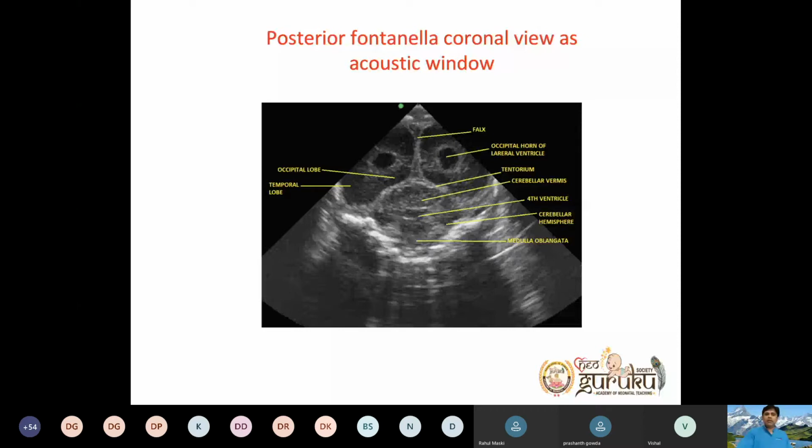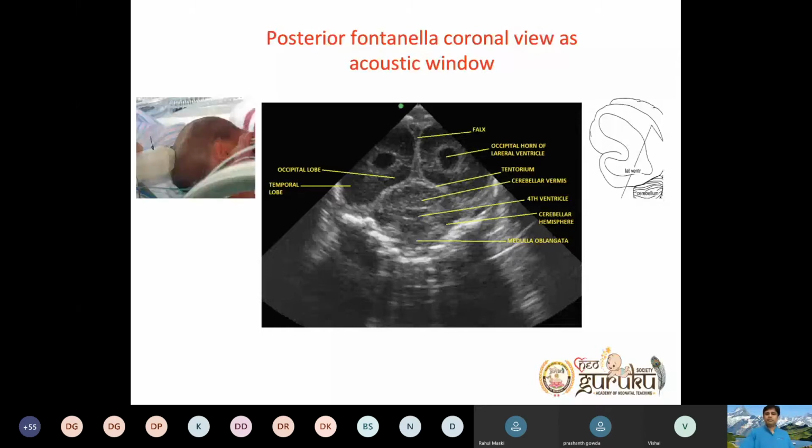If you see any clot here in the occipital horn, don't just close your eyes and say that this is IVH. If you have increased the gain, you may feel that it is an IVH bleed, but actually it won't be, because when you go through the posterior fontanelle, that echo density won't be seen. I'll show you a few examples of these pitfalls in the IVH class, which is a very particular class.